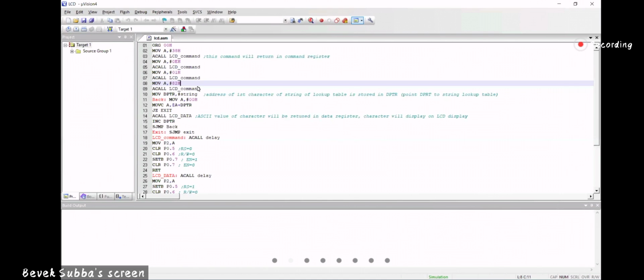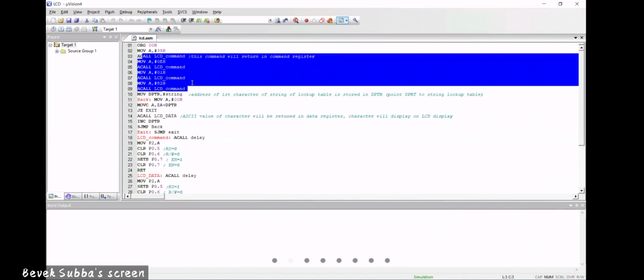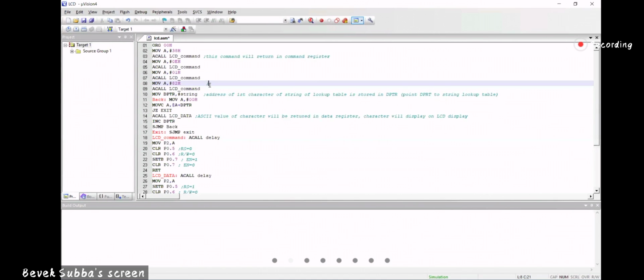So this is to display the character from location 82H. Why 82H? Because the first row location starts from 80H, but I'm not using 80H. I have to do it from 82H. So that's why.